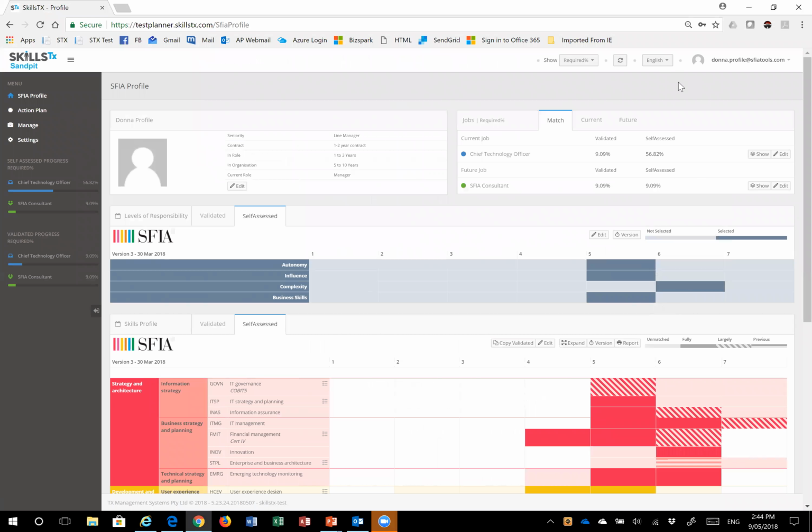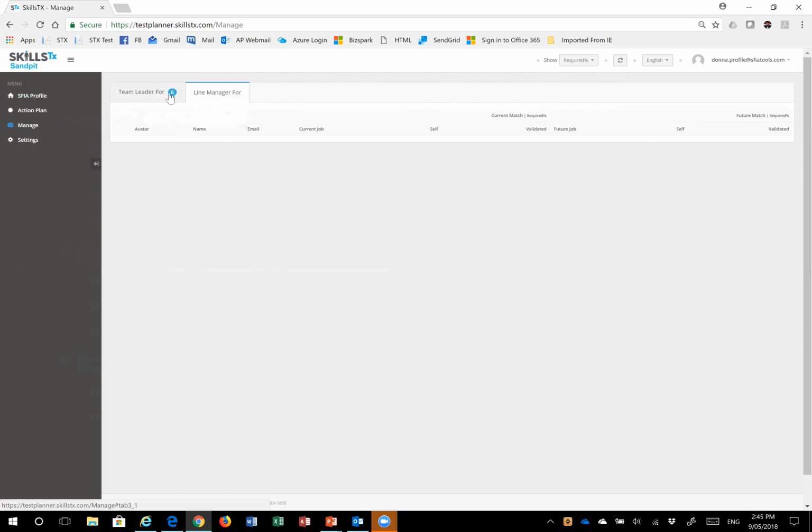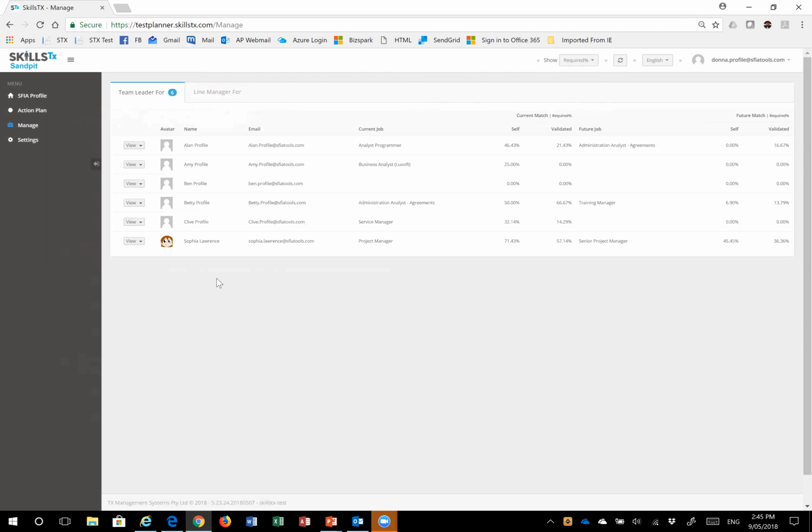So already logged in here. I've logged in as Donna, and as we saw previously, Donna is a team leader for various people. So if I click on this button, Manage, which only appears if a person is a team leader or a manager, it takes me to a list, tells me that Donna is a team leader for 6 people and line manager for none. So I can immediately see who the people are that I'm the team leader for, and I've got some information there about job match